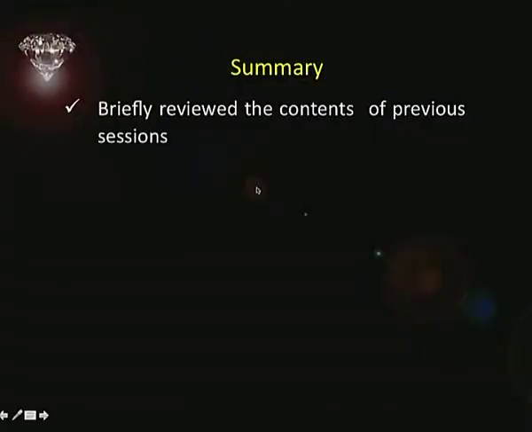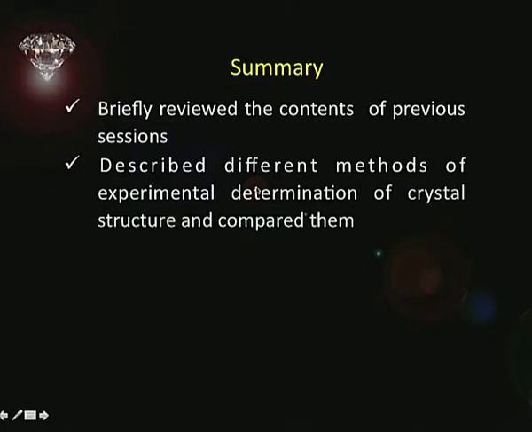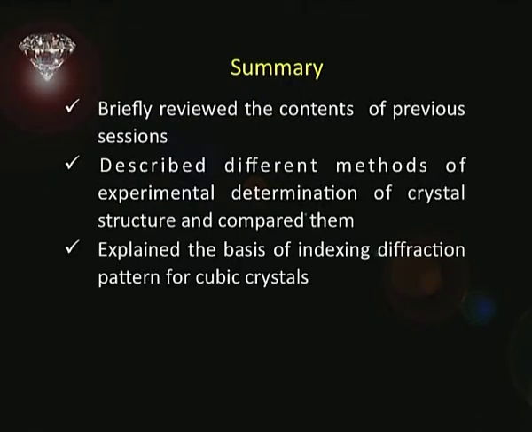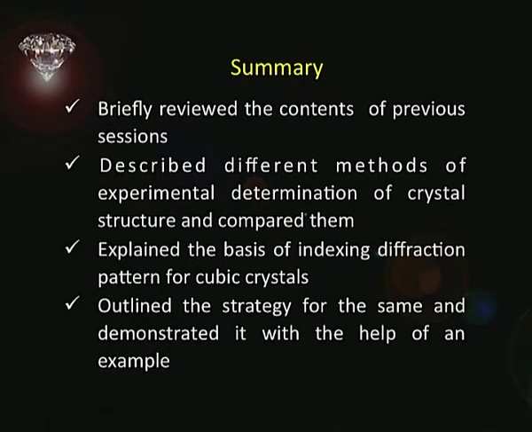Now, it is time that we sum up what we have done today. We briefly reviewed the contents of previous sessions. Thereafter, we described different methods of experimental determination of crystal structure and compared them, because there are three methods we talked about. Having done that, we explained the basis of indexing diffraction patterns for a cubic crystal, and thereafter we outlined a strategy, with 6 steps, by which we can decipher the structure, the kind of unit cell, and also the unit cell parameter on the basis of diffraction pattern. We also took an example and demonstrated how this strategy is made use of. With this, we conclude our discussion on the topic solid state, and I hope